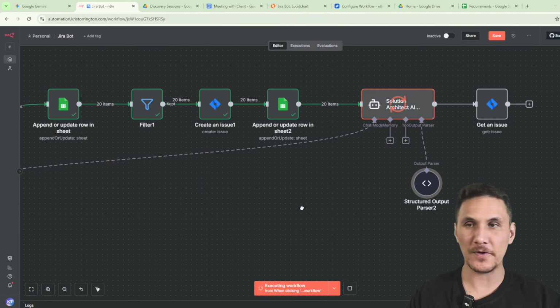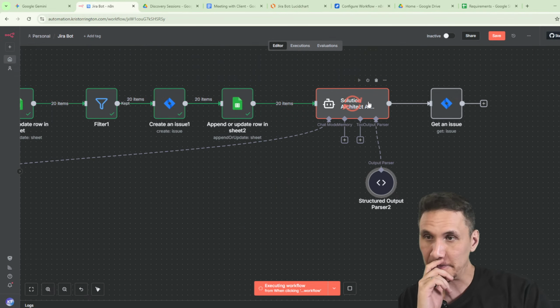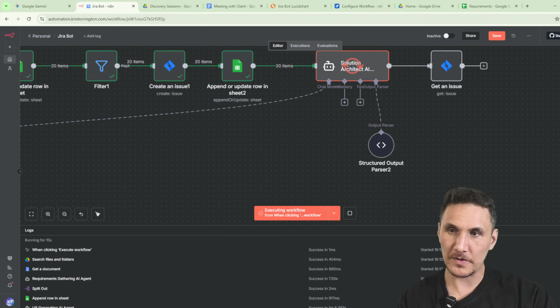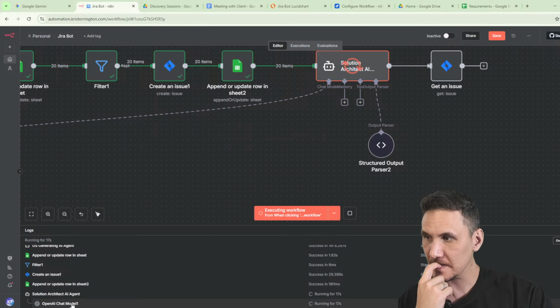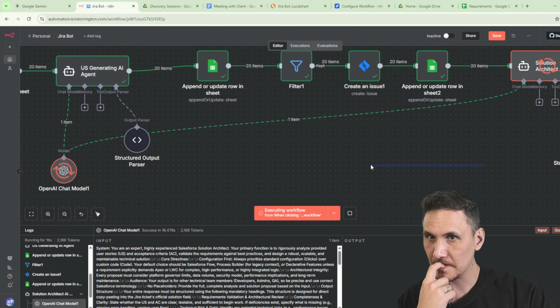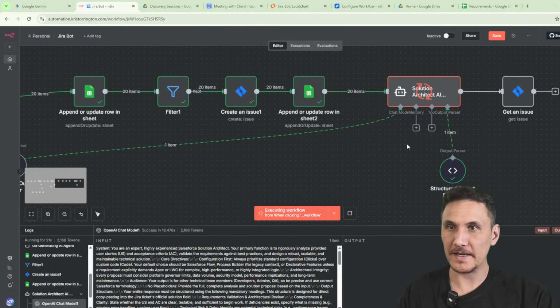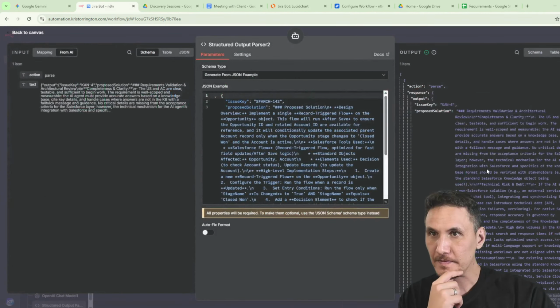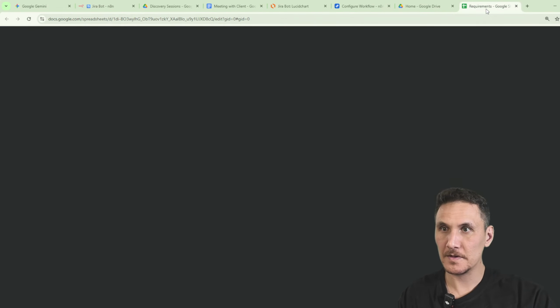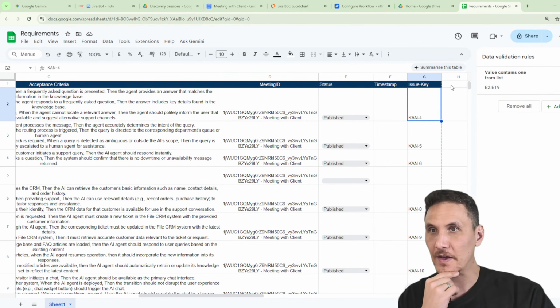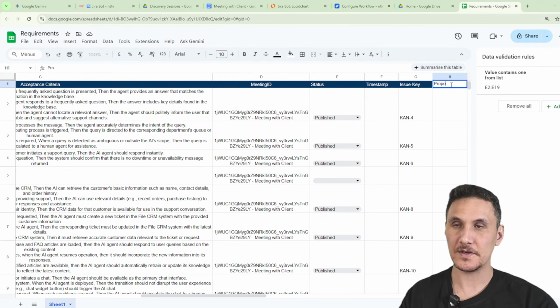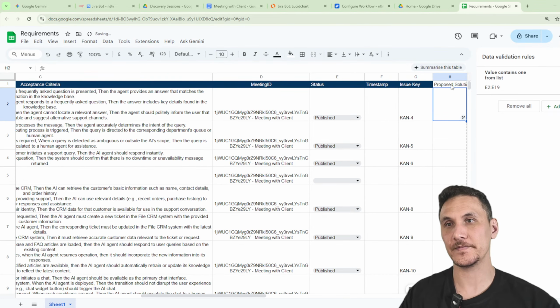So let's just hope, cross fingers, this is going to work. And I'll check the logs while we're at it. Hey, so it looks like it is working. So what we've got is CAN4. I'll just check, we've got CAN4 there. So proposed solution